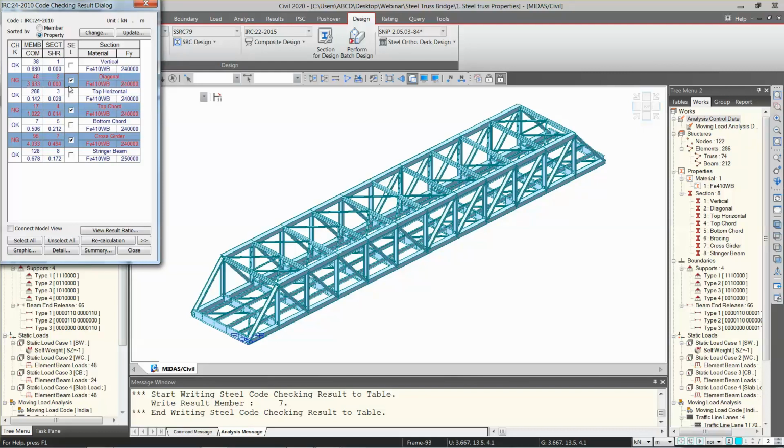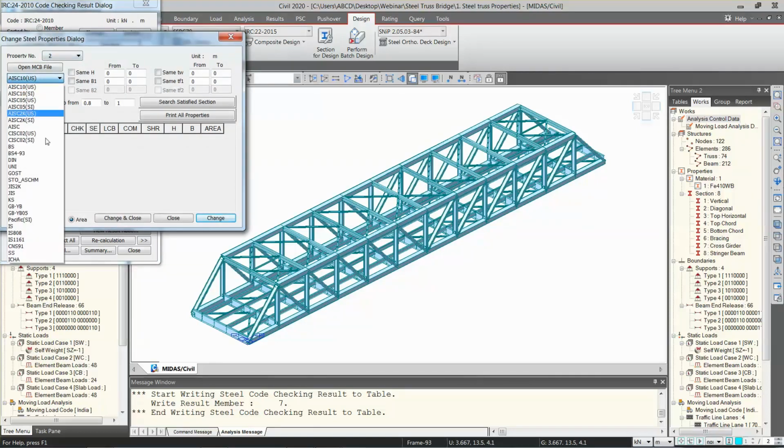So I will select this section and I'll go to change. Okay, so here you can select the library if you want to select only IS sections, or if you are using any other section, or you can even give the range from this height to this height you want to select the section. For the B1 also you can give the range for the width. So you can give the limitation for your section sizes as well.